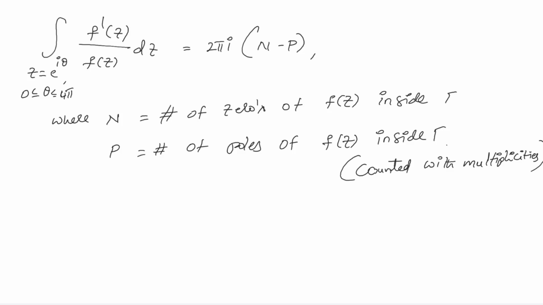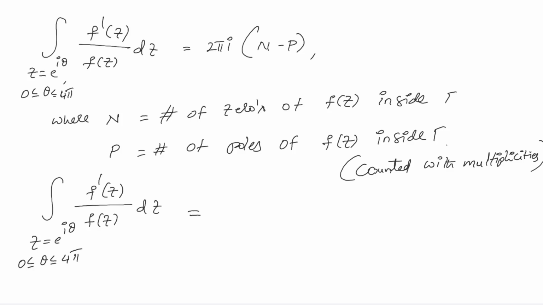So from this we can see, or firstly, let me write one more thing: the integration of f dash of z divided by f of z dz over z equal to e to the power of i theta, 0 is less than or equal to theta is less than or equal to 4 pi, which is what we need, which can be written as the integration of f dash of z divided by f of z over z equal to e to the power of i theta, 0 is less than or equal to theta is less than or equal to 2 pi,